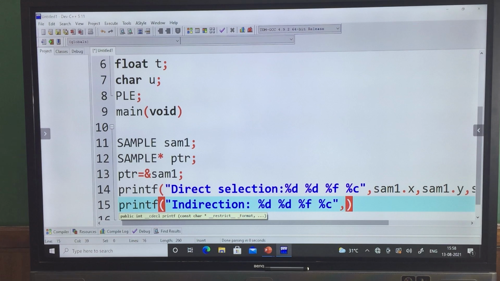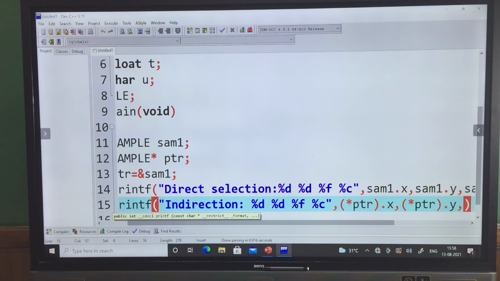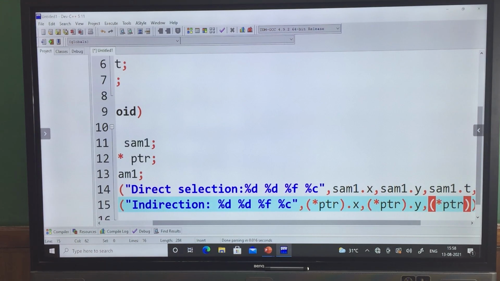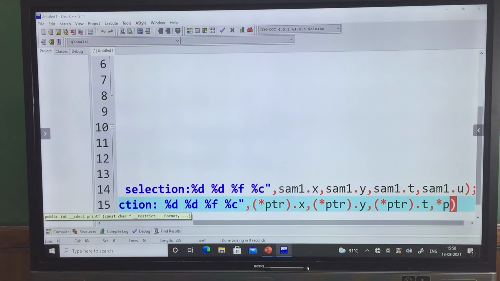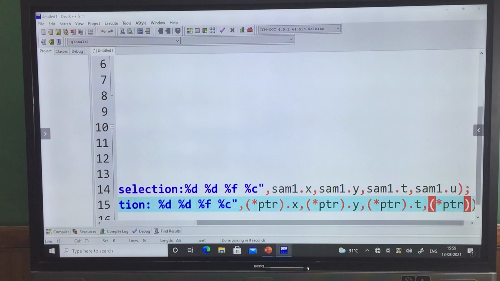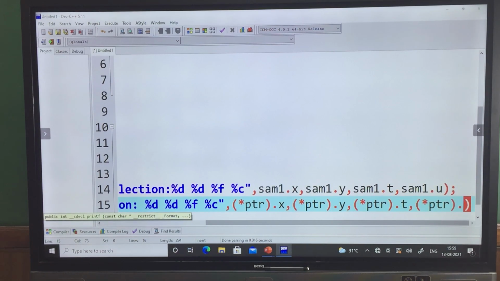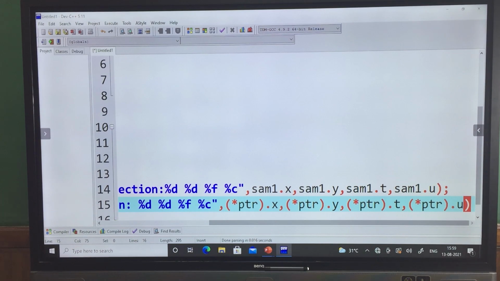Put the same values, but now we need to be very cautious: (*ptr).x, then comma, (*ptr).y, then (*ptr).t, and finally (*ptr).u, taking each star ptr into parentheses. Like this we can print all the values.